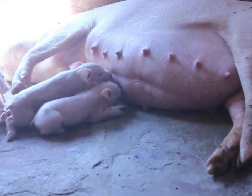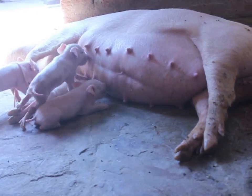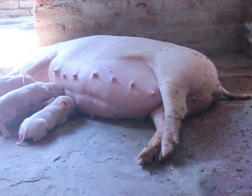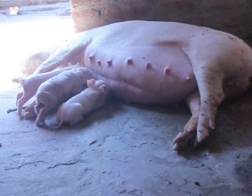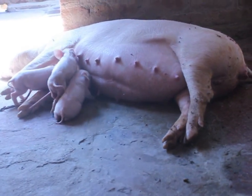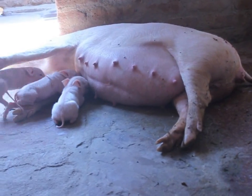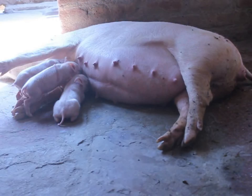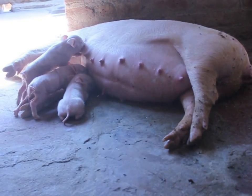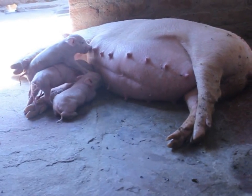here in the farm we have seen a range, basically a range on what kind of mother's behavior can be towards their babies. And we have seen on one end there are mothers who are the least caring, and maybe to the extent that they feel threatened at times by the presence of the baby piglets, so they keep pushing them away from the mother's regular feed as well as from themselves,